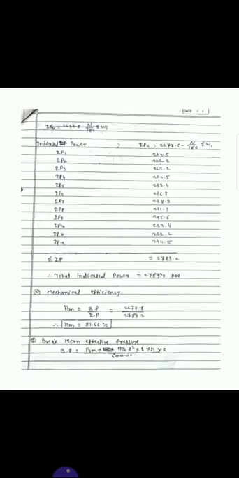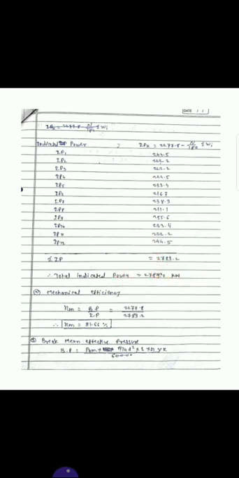So we will make this table in which indicated powers are mentioned here. For indicated power 1, this value will be there. Indicated power 2, value will be there. We have to make the calculation and directly write down those values. Now we require the final indicated power. We just have to add all these indicated powers from IP1 to IP12. So that will be your final indicated power.